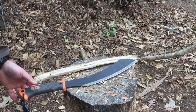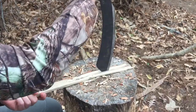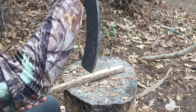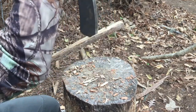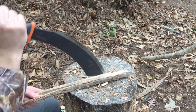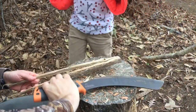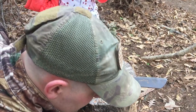All right, so normally once you get down to this length, you would use your knife and go this way, which will work with this machete fairly well because it does have a bit of a point. But after I get this one done, I'll show you an easier way to do it. And you're working with a really long blade at this point. Got a bit of a knot I'm having to go around here. There we go. So it works, but easier way,